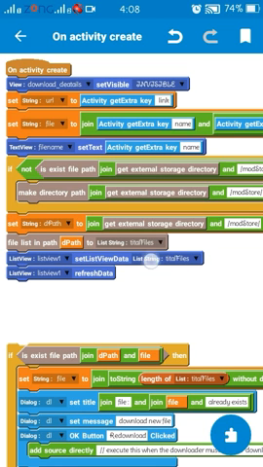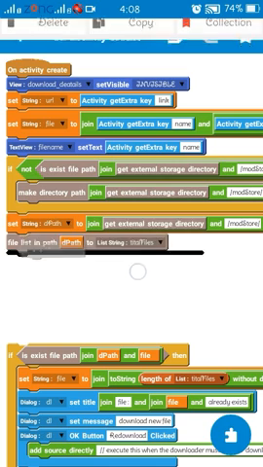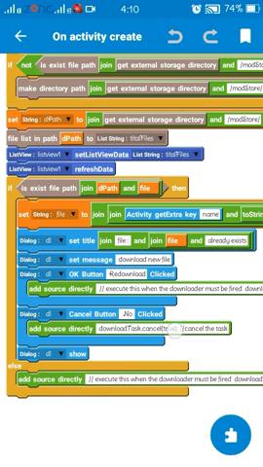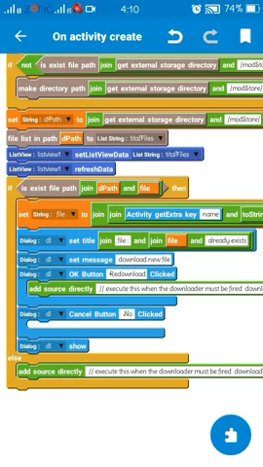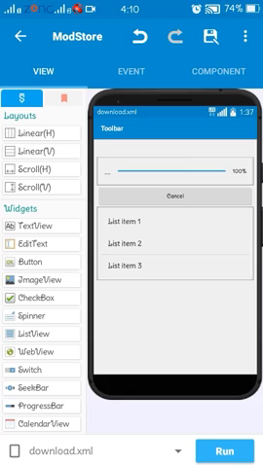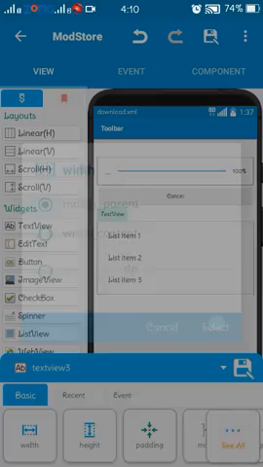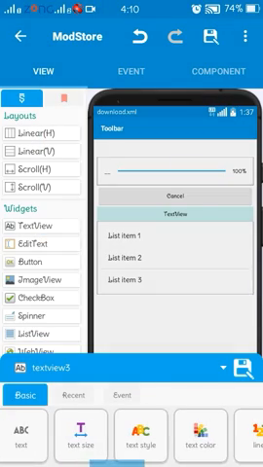Okay, so you can see we have a list view here. I will explain it later. Our downloading task is not yet started, so we don't need to do anything at the cancel button. I want to add a text view here as a divider between our current task and previous files in our directory.